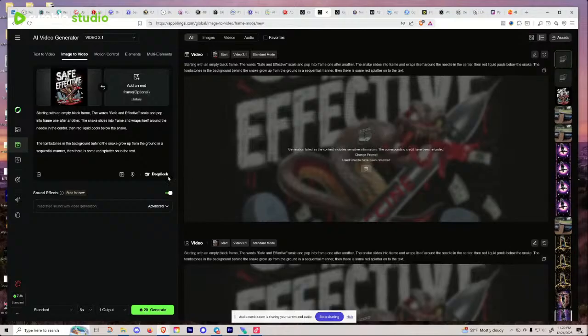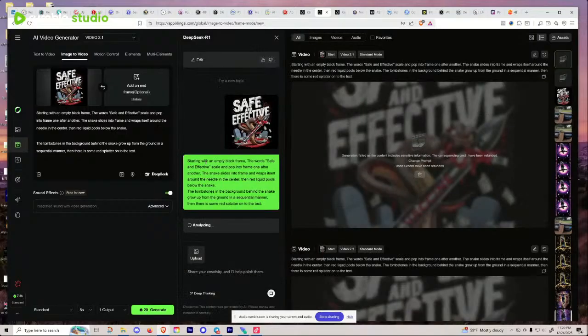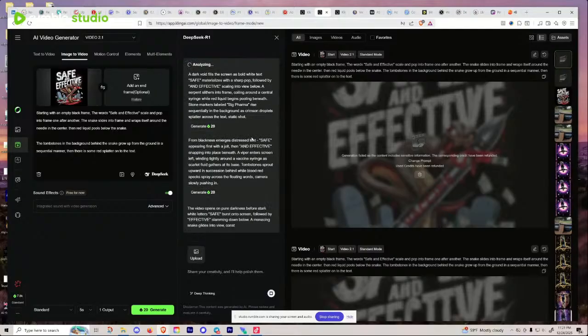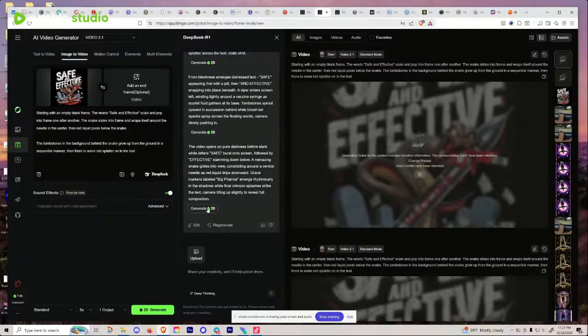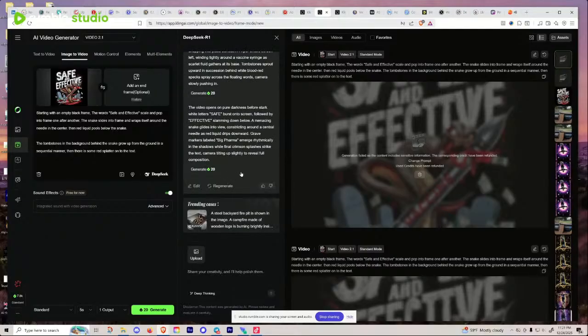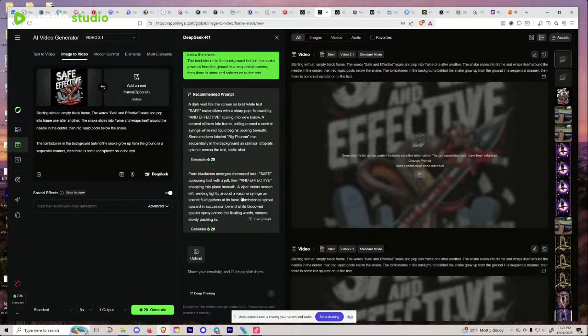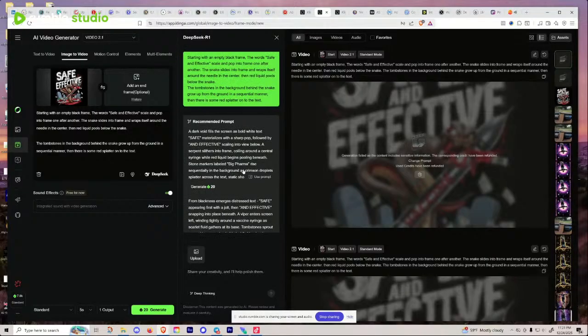I don't get it. The only thing you could do is maybe use DeepSeek here, which would try to describe the image. When you click this, it's going to try to analyze the prompt that you inputted and then use the image and try to articulate what's happening on screen. And then it'll give you a couple options. This is new, I haven't seen this before, but it basically articulates what you're trying to do and describes it